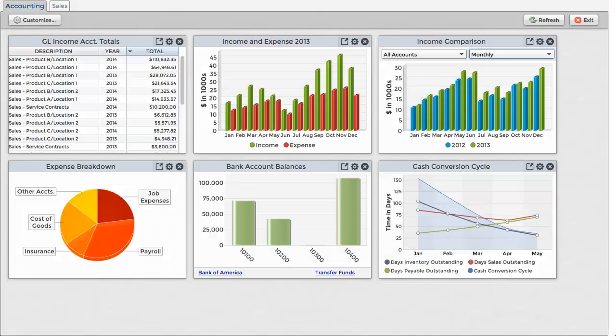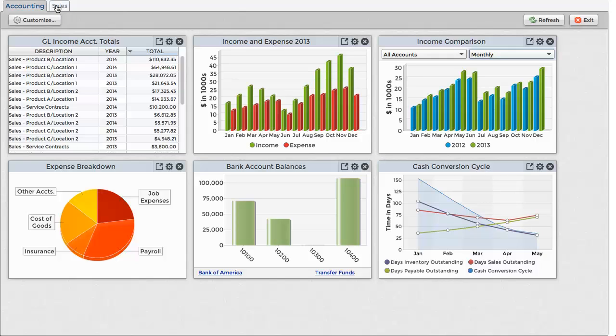Add-on's new dashboard feature offers a quick and easy way to view your company's performance data in real time. The dashboard is a customizable collection of grids, charts, reports, and more that are generated from the add-on database tables. One quick look at the summary charts gives you visibility and insight into your accounts and business as a whole. And the statistical comparisons between customizable timeframes offers immediate feedback and performance measurement. Let's take a quick look at a sample dashboard that has two tabs, one for accounting and the other for